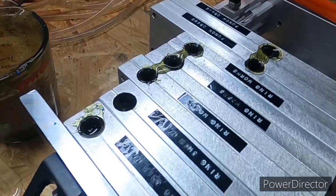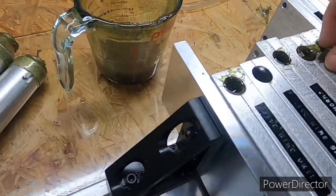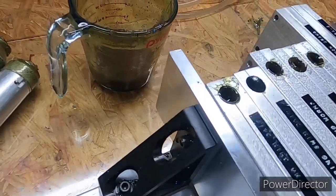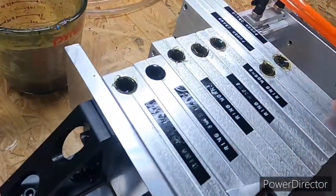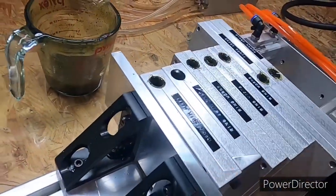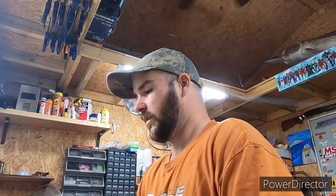Anyway, we'll give this a minute and see what they look like. Of course, these are probably about ready. I mean, this one still needs a minute. I can't let it off because I just injected this one. Anyway, maybe that's not a terrible angle, I can't tell. I'll stick it over there. There we go. While we're waiting on that and I clean out these injectors, I'll talk a little bit about